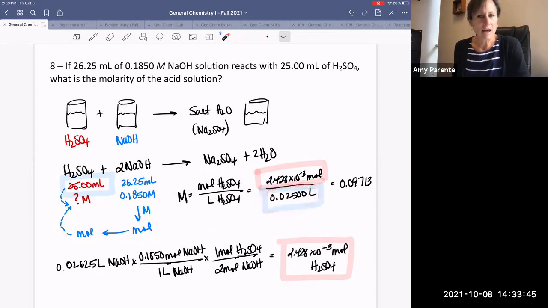From time to time, I might put that unit conversion in, but I want you guys to get comfortable doing, especially those factors of 1,000 in your head. It'll just save you a step in your unit conversion problem. So we divide by 0.025 liters, and then we get an answer here. And I should make sure I have units with my answer here of